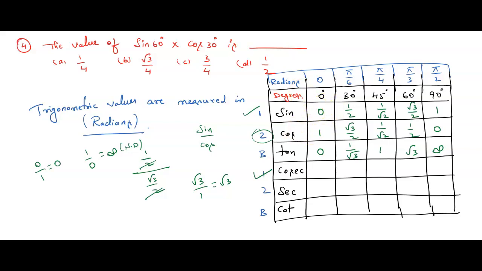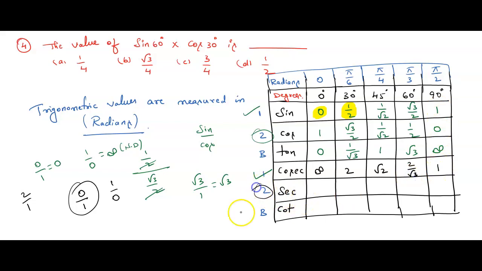You can see here sine 0 is there, no? See children, below 0 if nothing is there, we should assume 1 is there. For this 0 by 1 you do ulta, you do reverse. It becomes 1 by 0. What is 1 by 0? Not defined. Again see next value 1 by 2. You reverse, it becomes 2 by 1. 2 by 1 means 2. Similarly 1 by root 2 means root 2 by 1, that is root 2. Root 3 by 2 means reverse, 2 by root 3. 1 by 1 is 1.